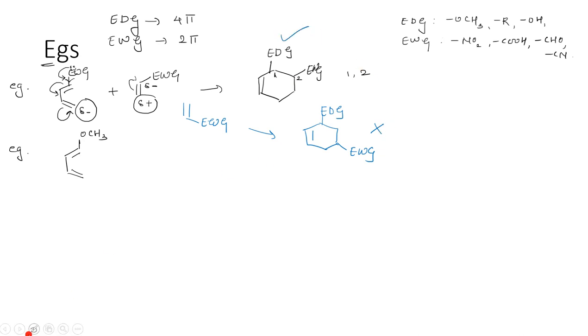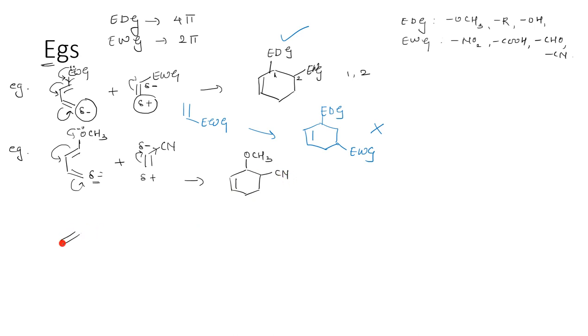Okay, that is why I'm telling you what you have to pay attention to. Now suppose this is OCH3, which is electron donating, and suppose I am writing here CN. So now you know how to proceed. Wherever there is the electron donating group, just go on writing the resonating structure. So this will have more negative charge. This is electron withdrawing, no? So the electrons will shift over here. So this will get a minus charge, this will get a plus charge. So what will be the product over here? This is your product.